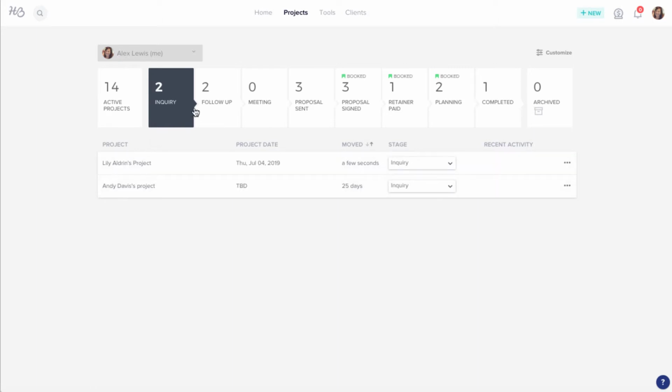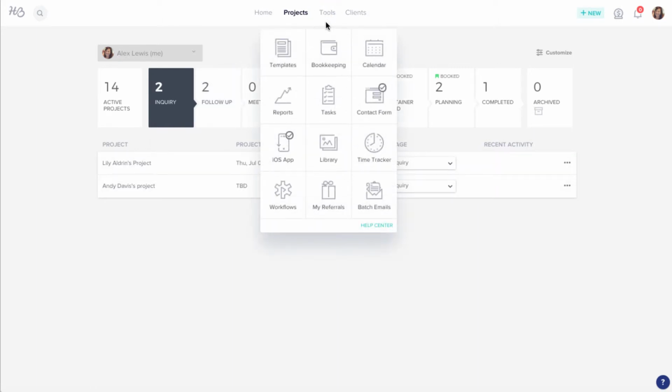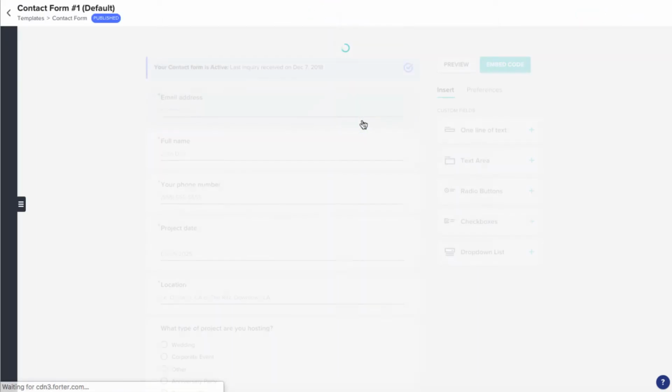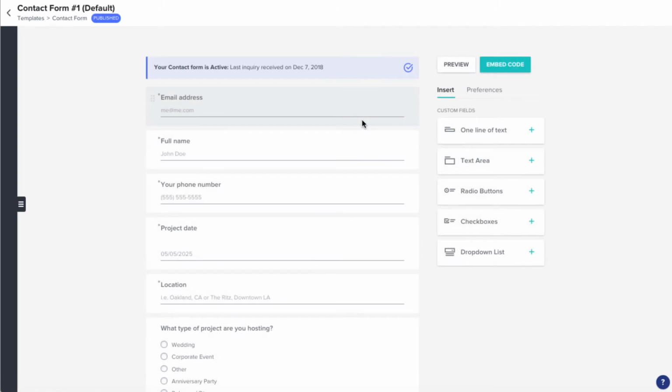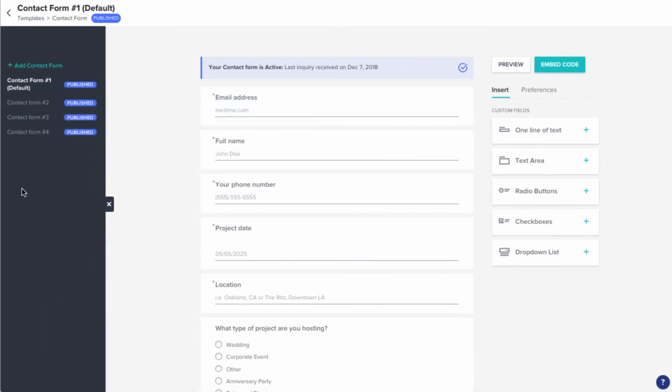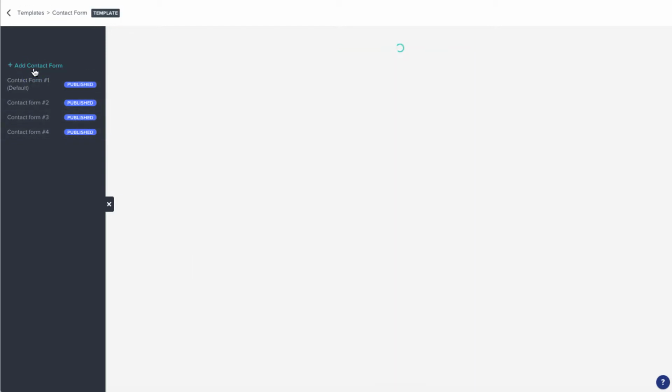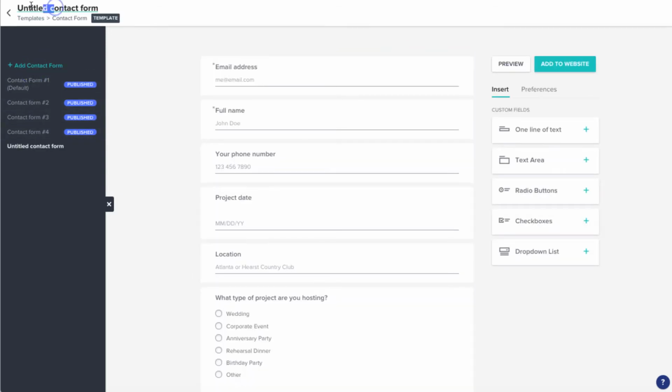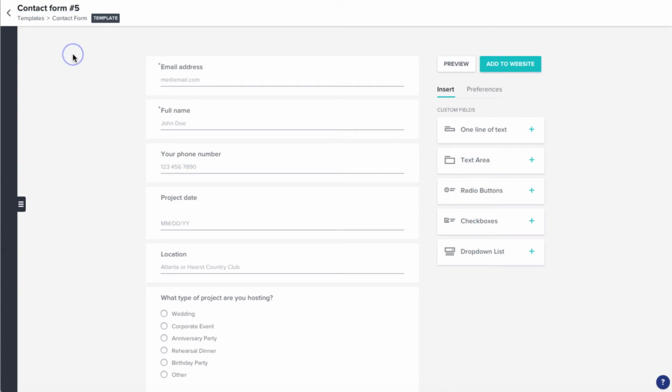To create your contact form, click the Tools menu, then Contact Form. You can work off of the default form we provide, or create your own by clicking the tab on the left side of the screen to open your file drawer, then selecting Add Contact Form. Now, name your contact form by clicking on the title at the top, and then you can start adding or